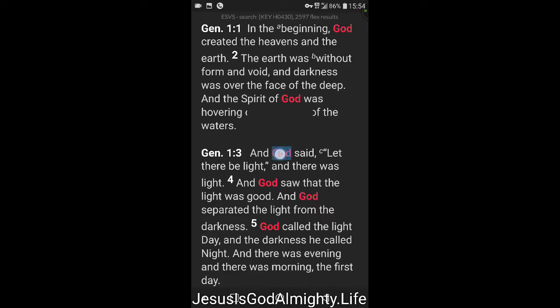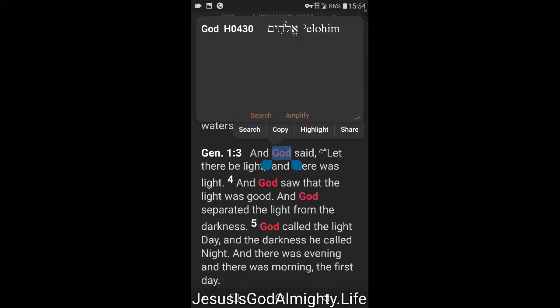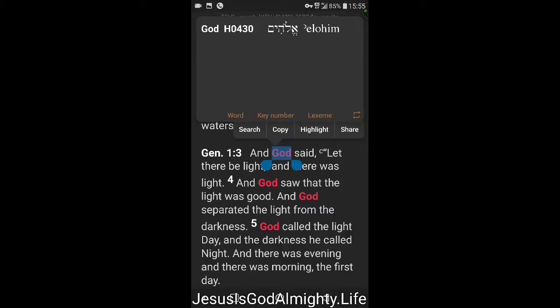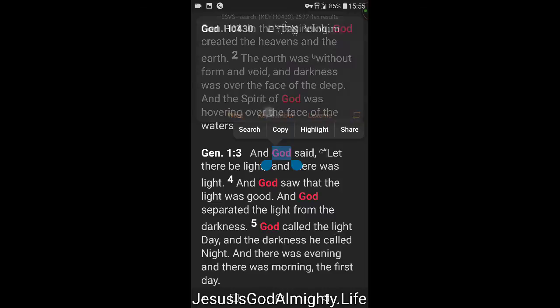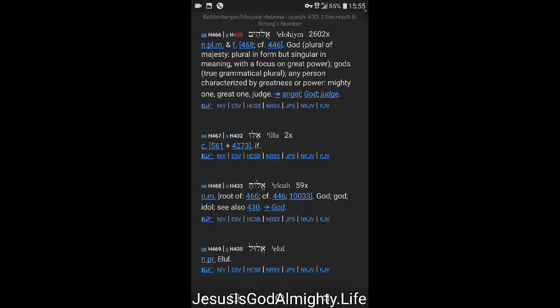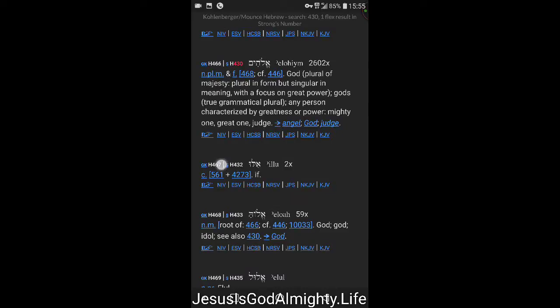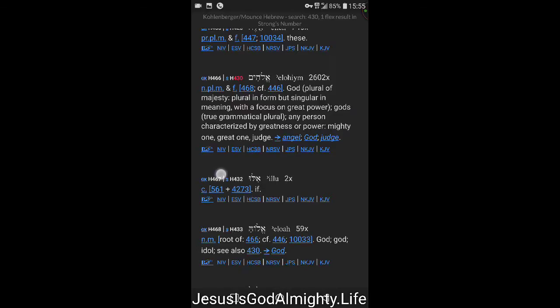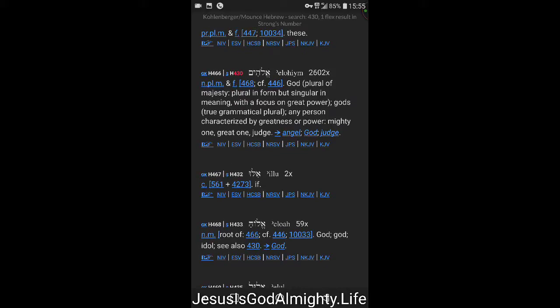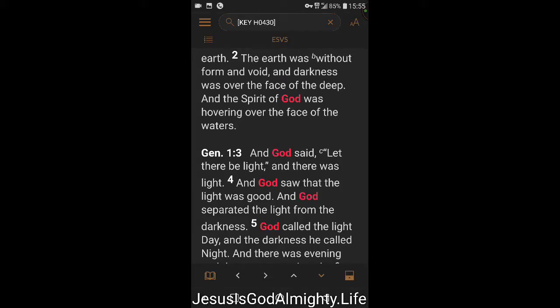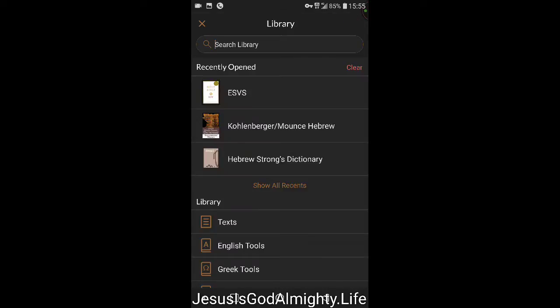You also have the ability to amplify key number. I'm not totally sure what it all is, but key number should be key number, but how does it amplify it? I don't know. It's just in regards to the look up. Okay, so it just looks up the word, but there is a feature inside, but it doesn't seem to work in regards to